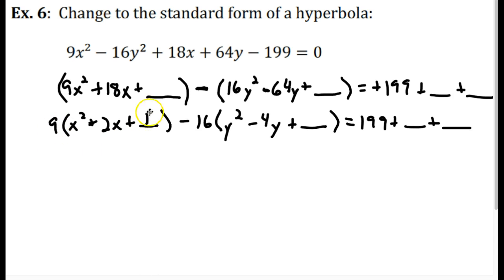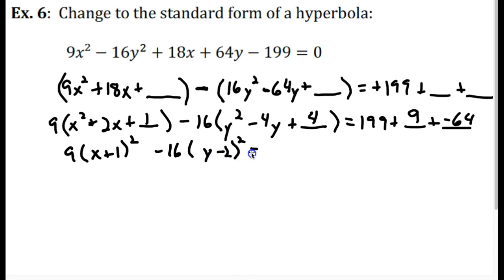So I'm really adding 9 times 1 to this side. So I'm going to add 9 over here. Do the same thing here. Half of -4 is -2. -2 squared is 4. But I'm really adding -16 times 4. So -16 times 4 is -64. All right, so now this factors into x plus 1 squared minus 16 times y minus 2 squared equals,